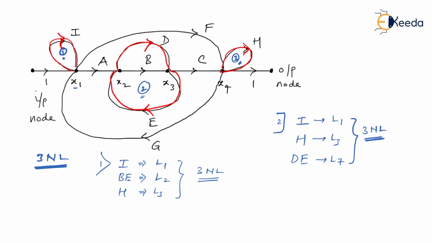I'm sure now you have understood how to get forward paths, how to get the loops, and how to differentiate between two non-touching loops and three non-touching loops. So let's move to a very important topic within SFG, that is Mason's gain formula. What is the aim of Mason's gain formula? Very simple. You know how to construct SFG. From the competitive exam point of view, you don't have to construct SFG. SFG would already be given to you, and then you have to find a transfer function.